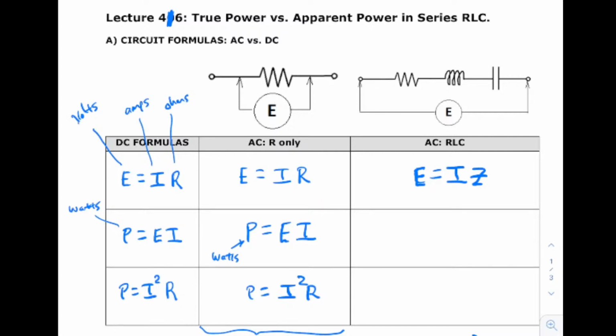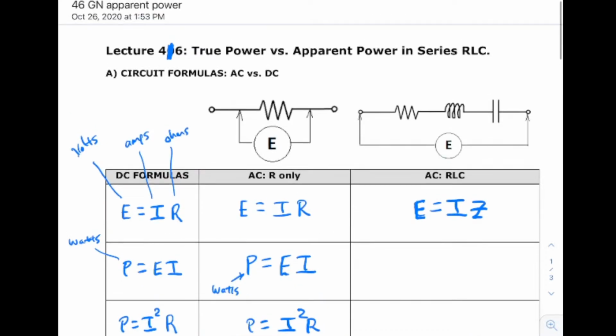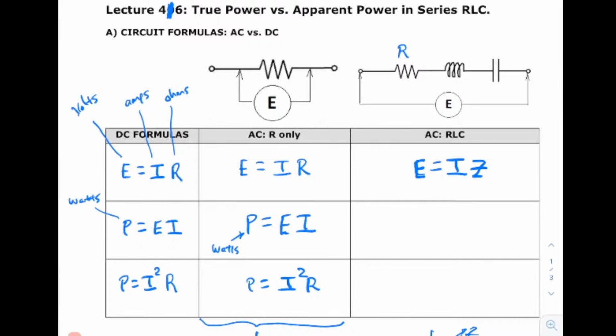Do you remember we were talking about this has a certain resistance, but this has a certain reactance, and this had a certain reactance. It's all ohms. But why do we call these reactances instead of resistances? And the answer is because only the resistor